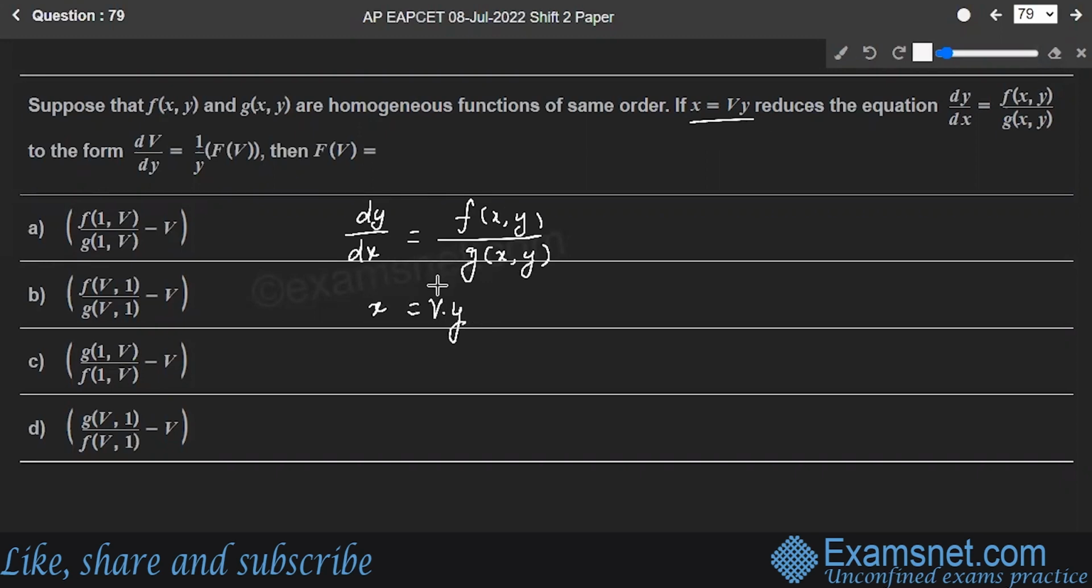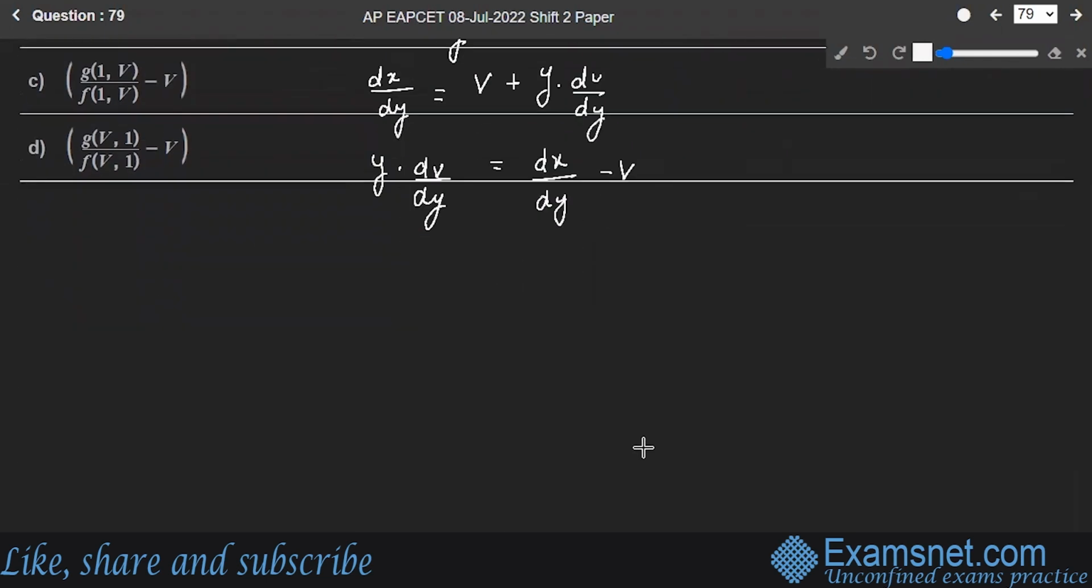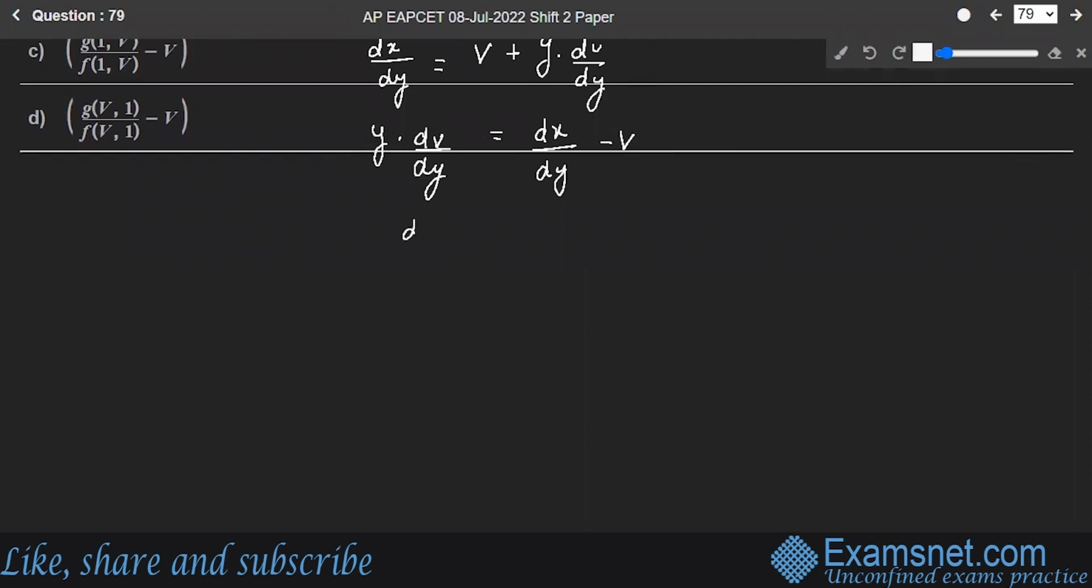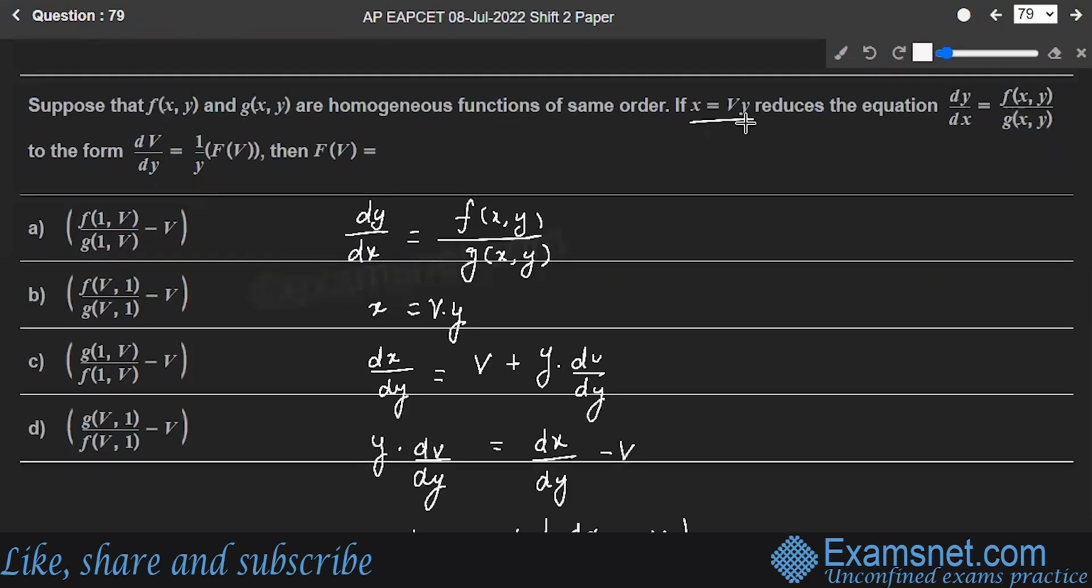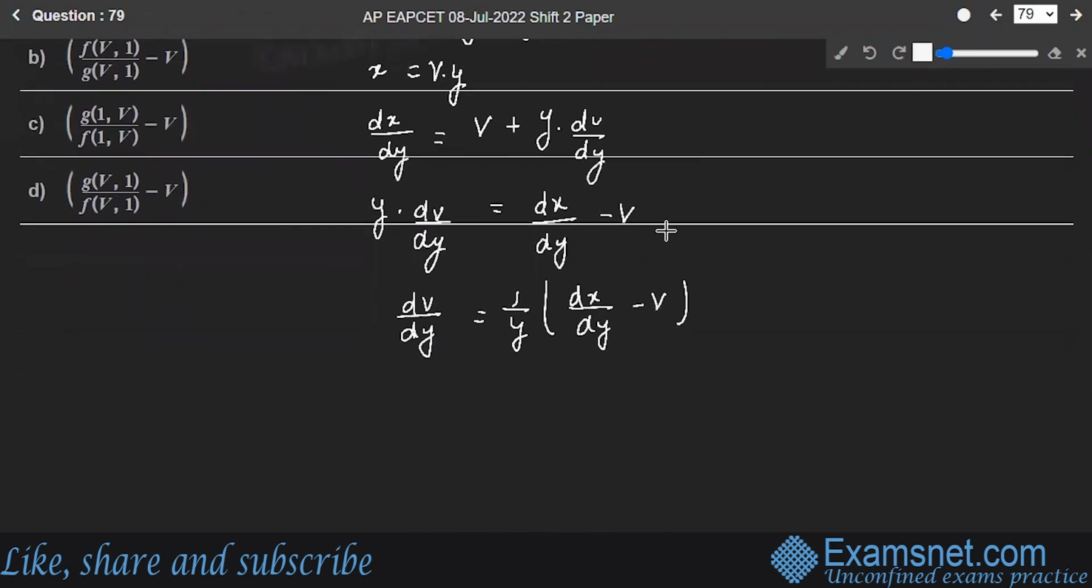So if this is x is equal to vy, let's differentiate both the sides with respect to y. You have dx upon dy is equal to v plus y into dv upon dy, which gives you y into dv upon dy is equal to dx upon dy minus v, which gives you dv upon dy is equal to 1 by y dx upon dy minus v. So let's name this one as 1. From equation 1,